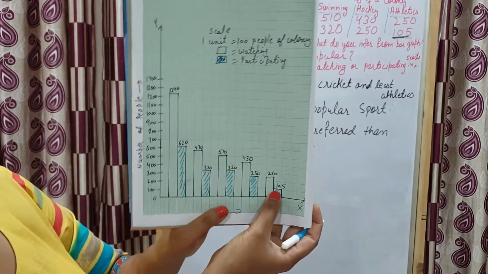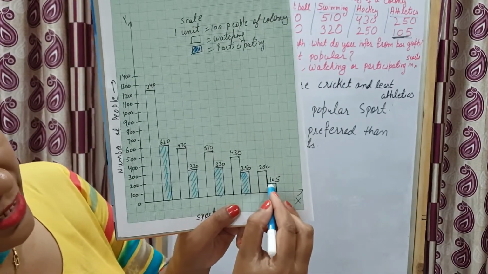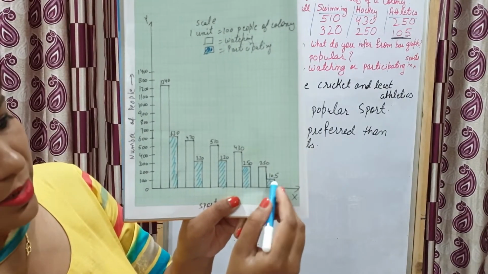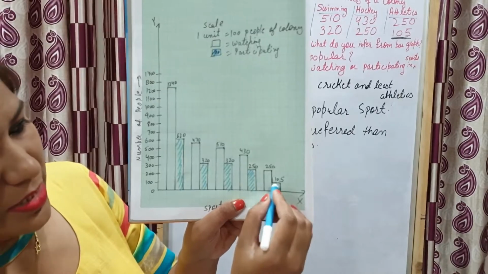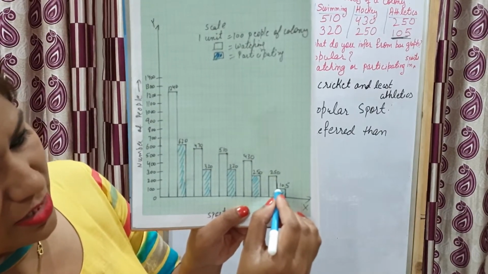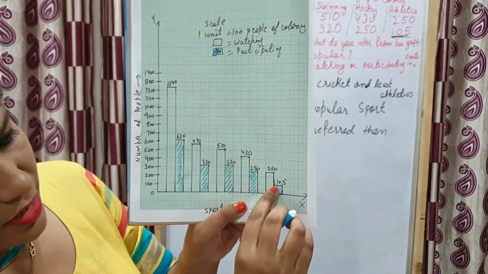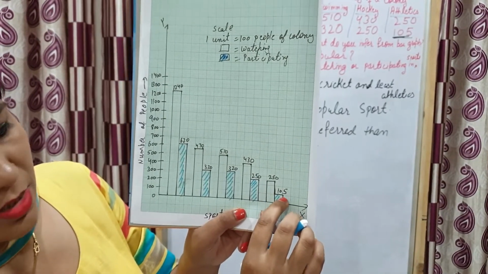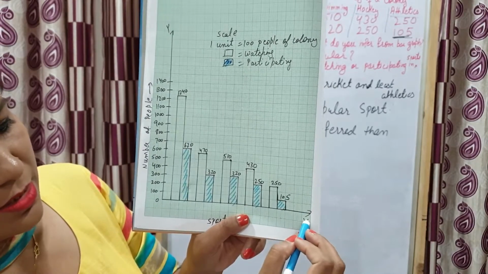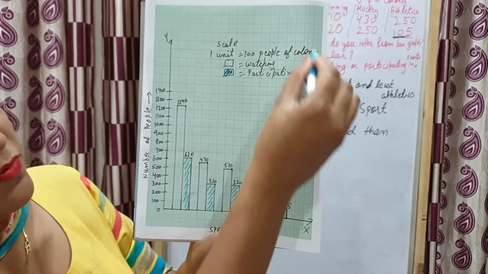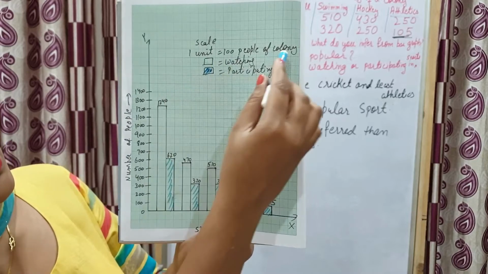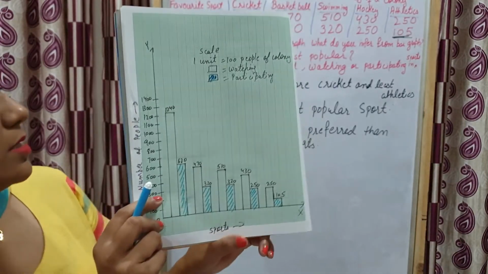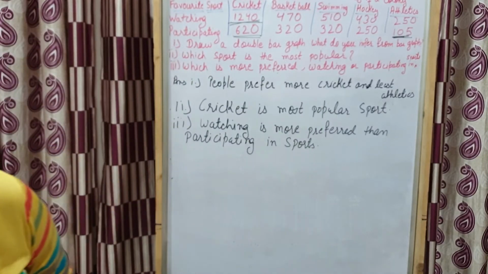See this one carefully students. This is a very thick line I have drawn because I have drawn with a sketch pen. Now you will use a sharp pencil. You will take between 100 and 105. This one is the 100 line and this one is 105. Between these, you have to take a sharp pencil. This one is the x-axis, sports. Then you will write in this way: above, scale, watching, participating. So students, this is your question number 5.